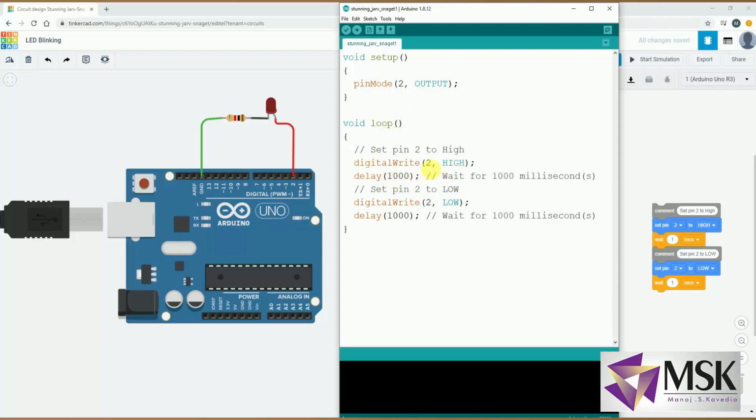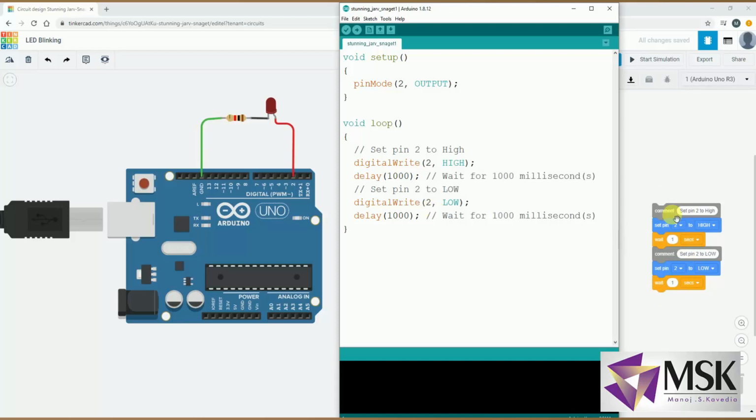This is converted into a comment that is set pin 2 to high. Then delay of 1000, so this block is giving me the delay. Then there is digital write 2 comma low, so this is writing digital 2 to low, and then delay of 1000, that is milliseconds. So here it is 1 second. So this block has been converted to this code.